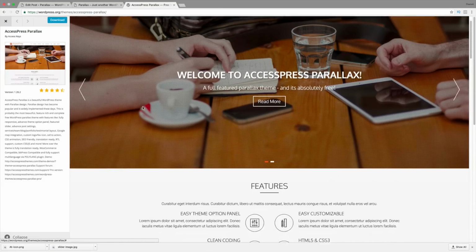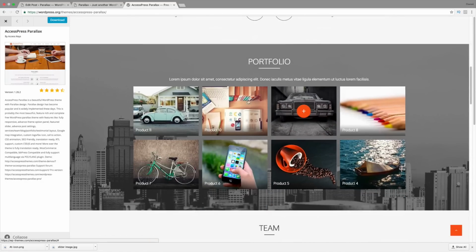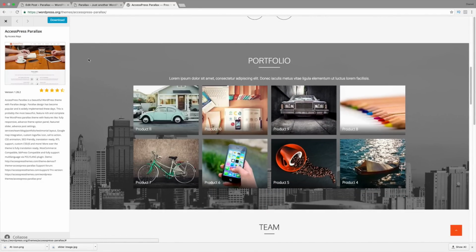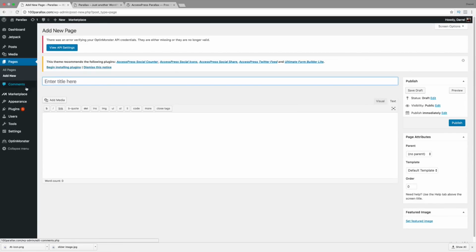Okay, so this is going to be our little navigation. So this is the features section. Next, let's go ahead and do the portfolio section. Okay, so going back over here, we need to actually create a page for it. So go to add new under pages and just enter in portfolio